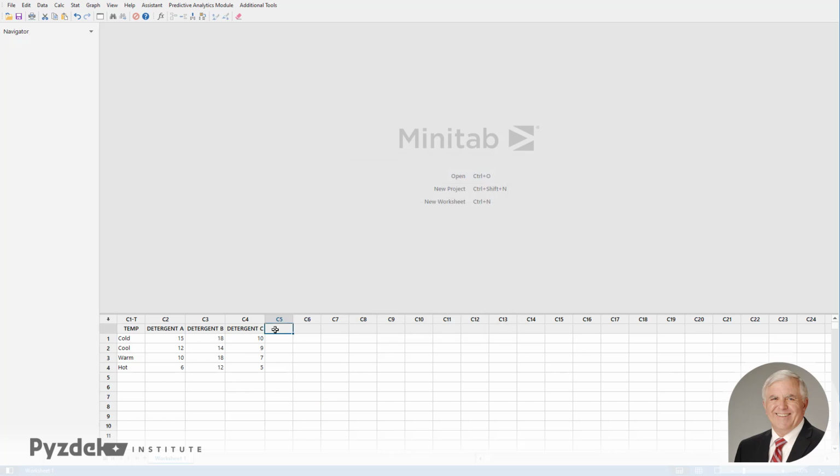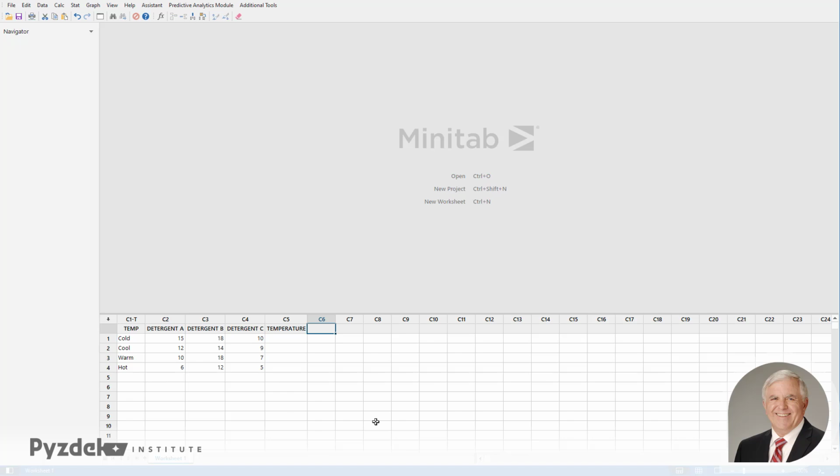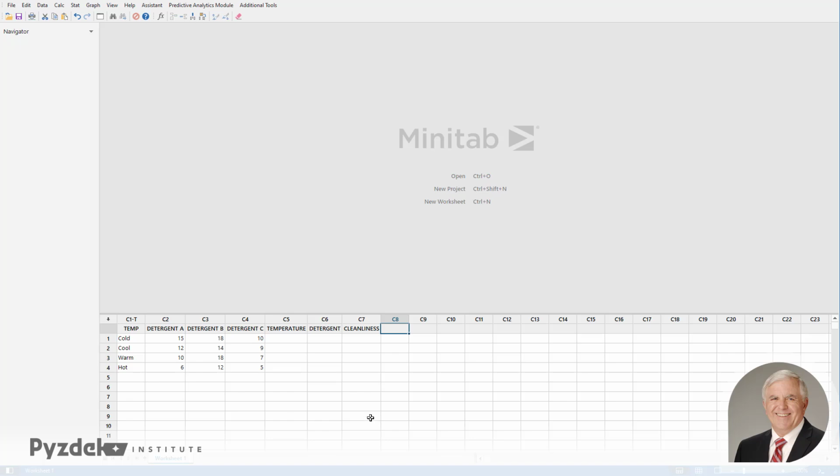To begin, I'm going to create another column, and I'm going to call it temperature. Then I'm going to look at detergent. And finally, the cleanliness values. Now let's go into Minitab, and we'll see that what I'd really like to have here are the first responses to be for detergent A, then detergent B, then detergent C. And so Minitab has a feature in the Data menu which is called